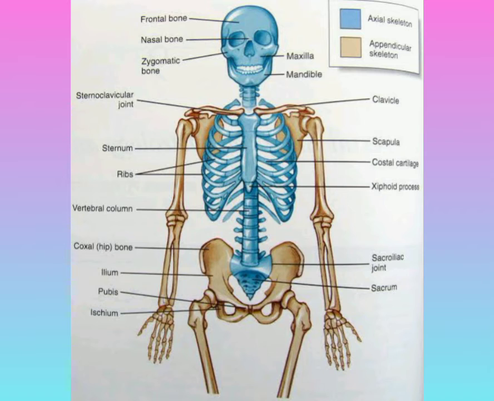The vertebral column has mainly 33 bones, but in the adult stage 26 bones are present. The vertebral column is also called the vertebrae. It has 5 types: cervical vertebrae, thoracic vertebrae, lumbar vertebrae, sacral vertebrae, and lastly coccyx vertebrae. The cervical vertebrae are also called cervical bones, thoracic vertebrae thoracic bones, lumbar vertebrae lumbar bones, the sacrum bones sacral vertebrae, and coccyx vertebrae coccyx bones.